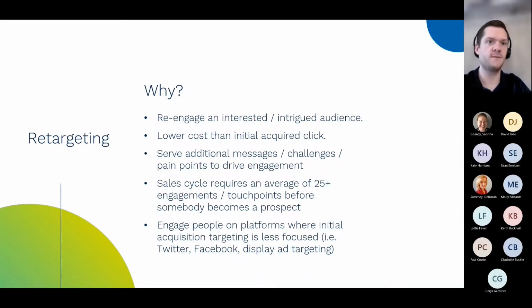Whereas Twitter, Microsoft ads, anything like that, we have to be a lot more generic. We just can't drive that very, very clear targeting. Retargeting, on the other hand, will allow us to start to engage these people in Twitter, Facebook, display, any other mode of advertising, in essence, because we're using tracking pixels and we can start to follow their journey across all the websites. So how many times have you gone onto Amazon or ASOS or anywhere else, looked at a product, and then it's followed you around the internet?